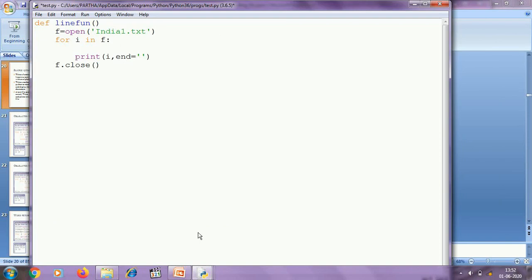I am going to count the number of lines starting with capital I. So here i contains the line. I am going to check if i[0] equal to capital I, and for that I need a count variable c equal to 0, and if this condition is true, i[0] equal to capital I, then I am going to increase the value of c by 1.